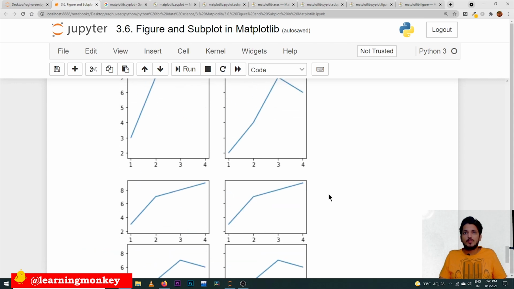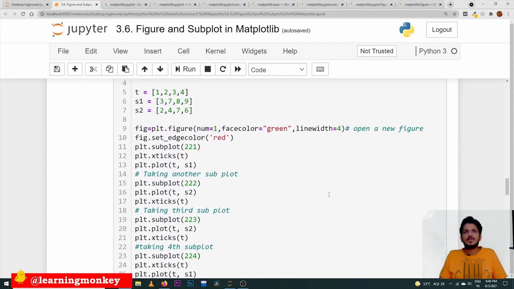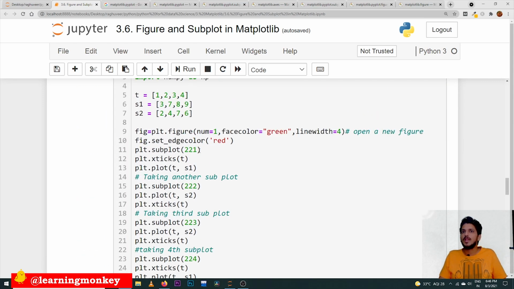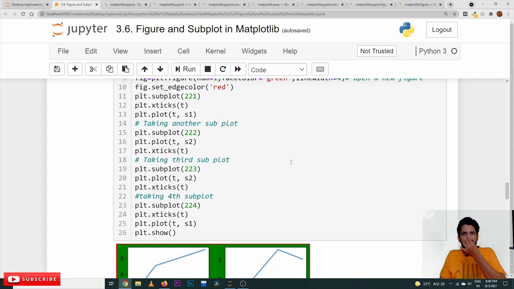And one more important point you have to understand. Whenever we discussed subplot of 2 2 1, this is the shortcut method. You can use the tuple way also, meaning you write a tuple 2 comma 2 comma 1. Some of them use the tuple method, some of them use the shortcut method. We have taken the shortcut method. Anyway you can use either. There is nothing wrong with that. There is no logic in that, just different ways to use the same thing.